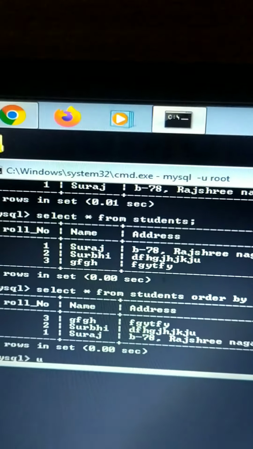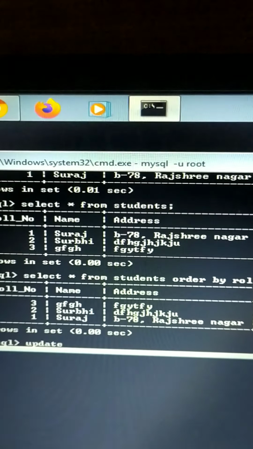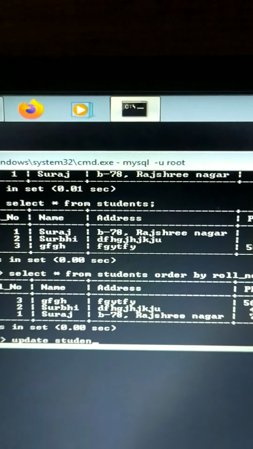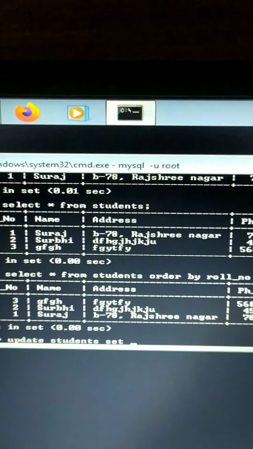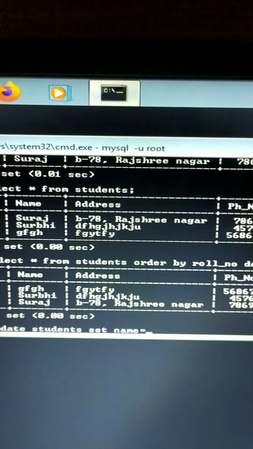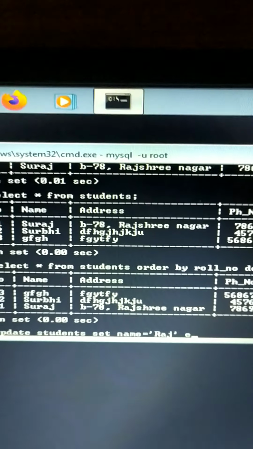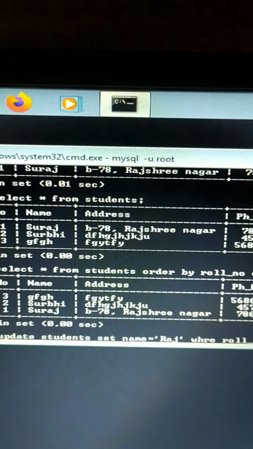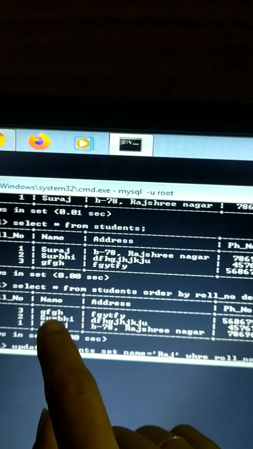So update students set name equal to, suppose, Raj, where roll number equal to 3. Okay, I want to change the name of roll number 3.